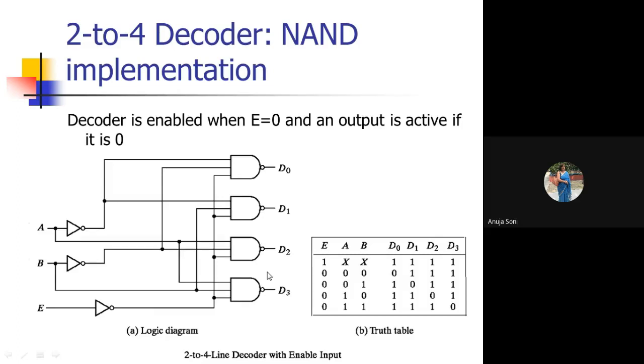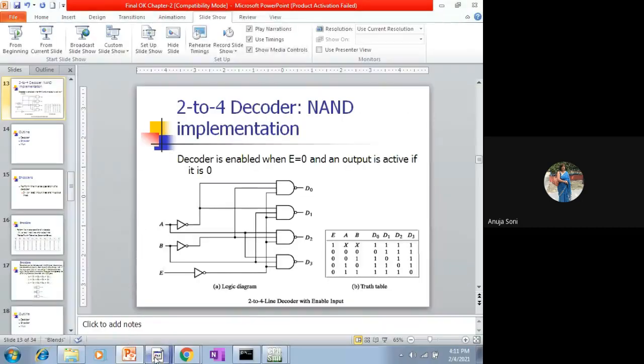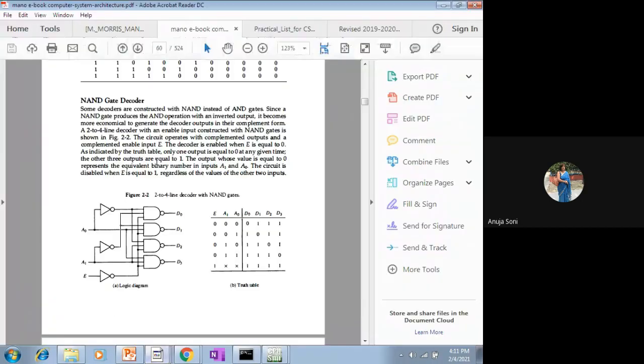Everywhere, instead of the AND gate, the NAND gate has to be used. Everything will become reversed, notation wise, else the functionality will remain the same. What is the meaning of that? If I go to the e-copy of the book, the same thing is given there. It says everything will be reversed, but the meaning will remain the same. Here you are using the NAND gate, so you are using a complement in addition to the AND gate, that will be called a NAND gate. Every time that will negate the ANDed value that you had achieved earlier.